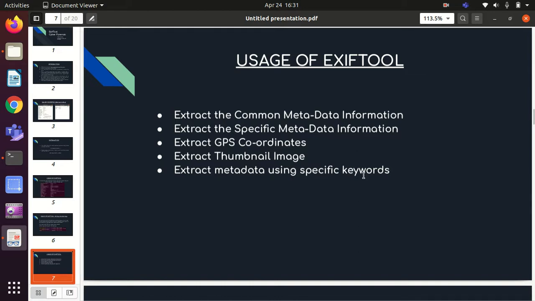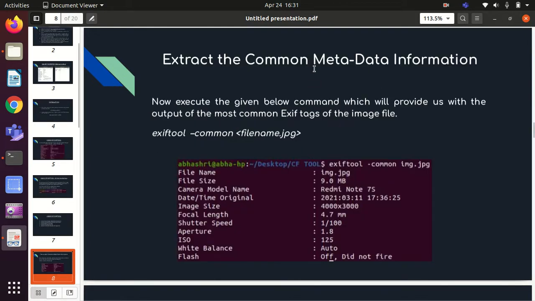First of all, the application is to extract the common metadata information. In order to extract the common metadata information, we use the following command: exiftool hyphen common option and then the file name.